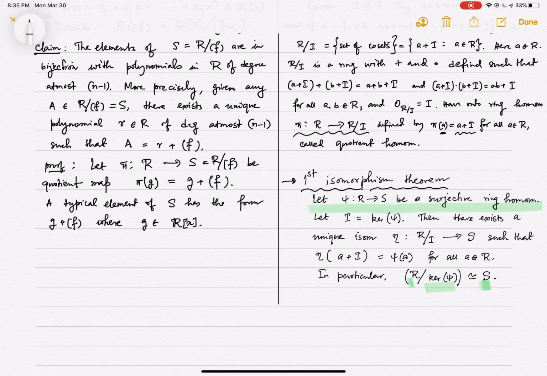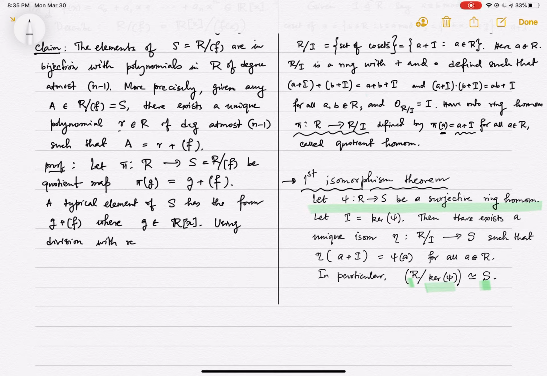Where do I get this R? I need a polynomial of degree at most n minus 1. What you do is you divide G by F. So using division with remainders,